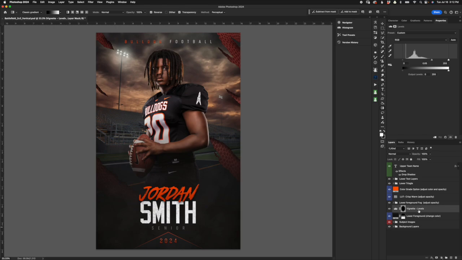Next we have a vignette, which is a levels layer, and so if you turn that off, you can see it lightens up the corners quite a bit. So once you get your colors and everything the way you want them, especially if you go with a real light and like white or desaturated bright background,